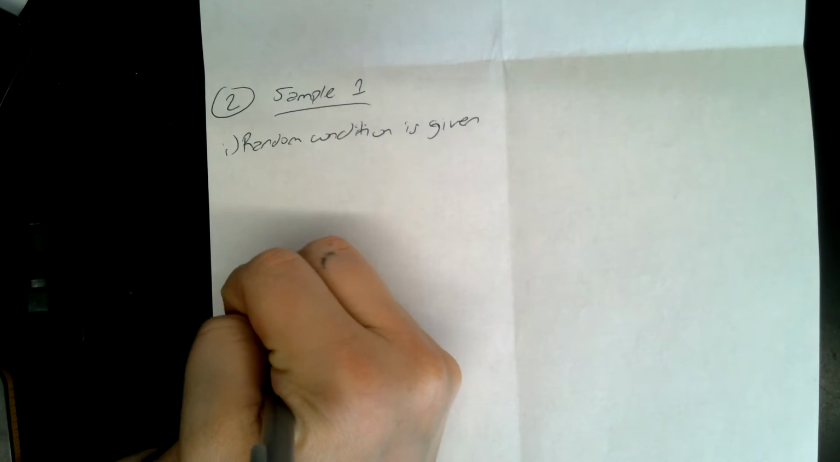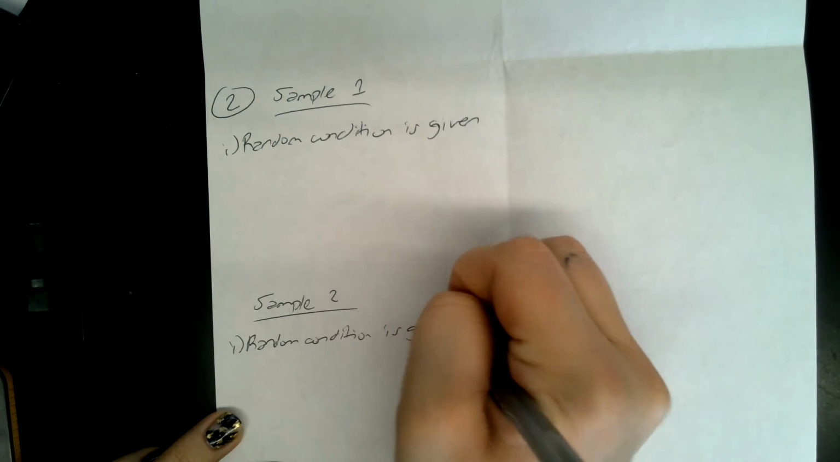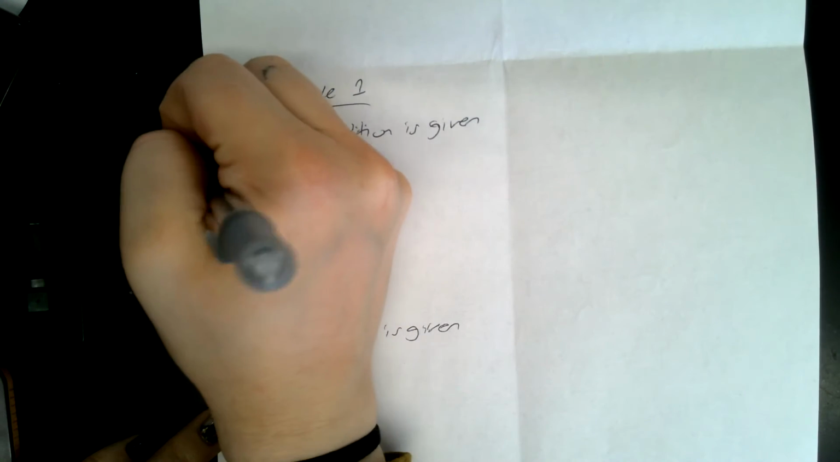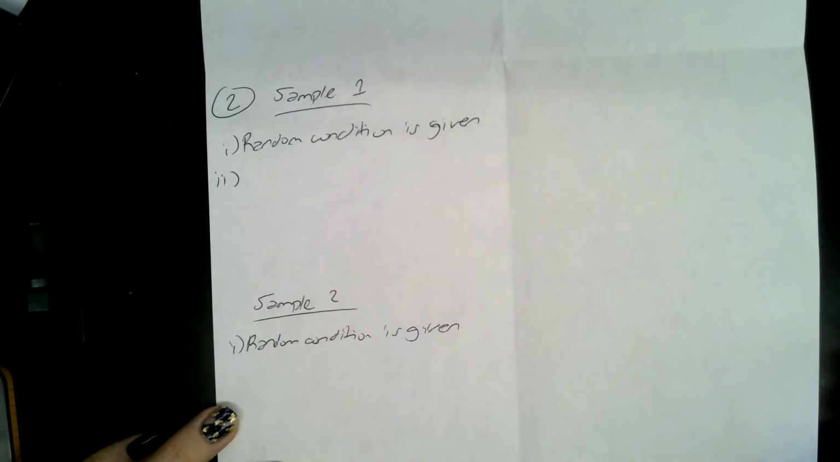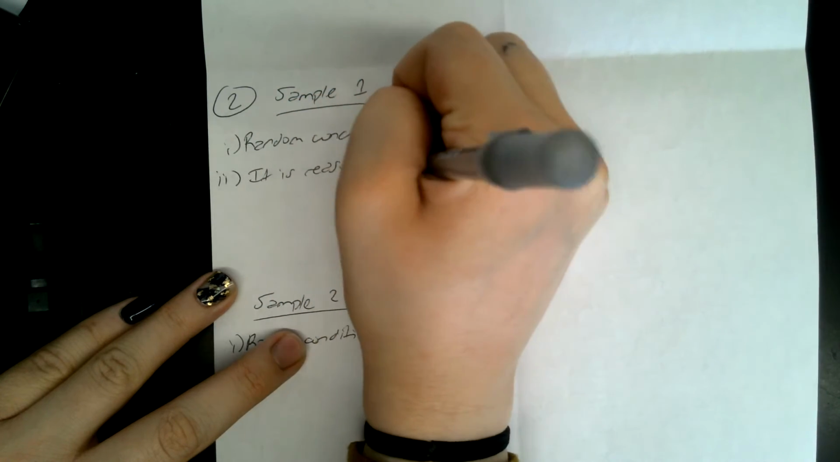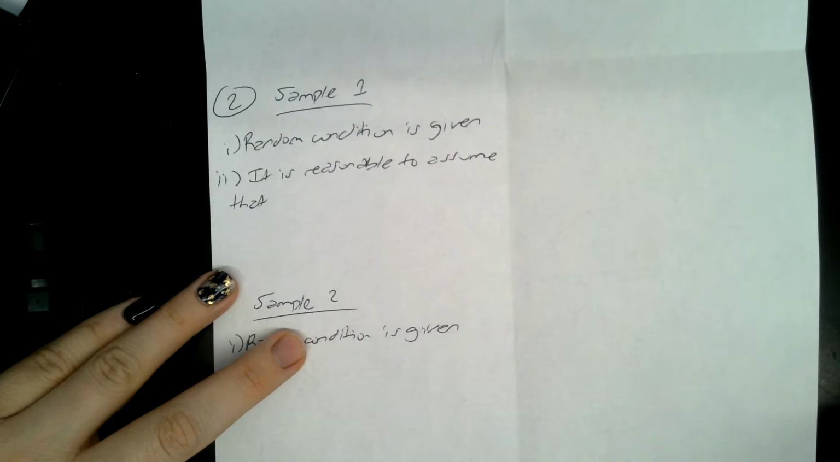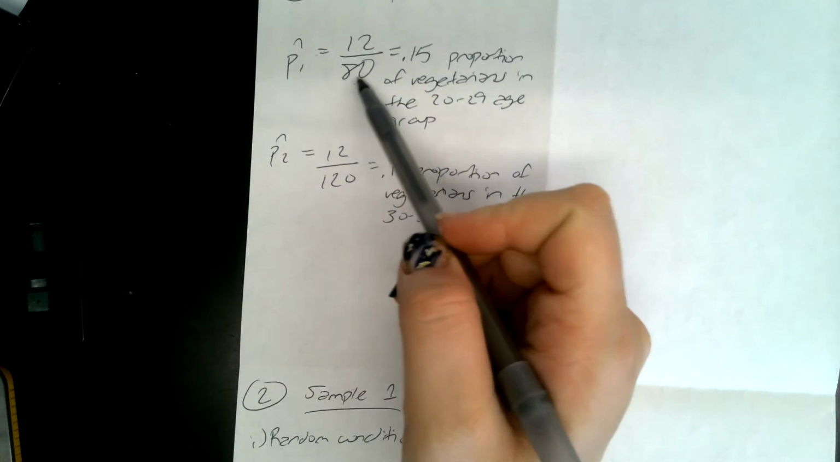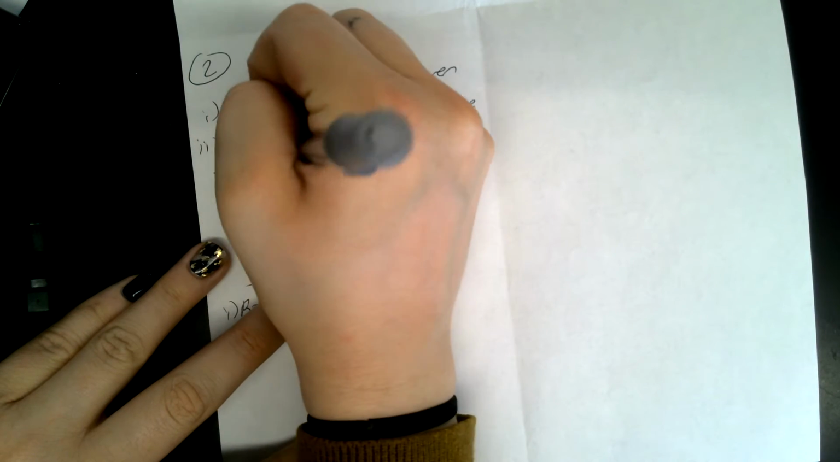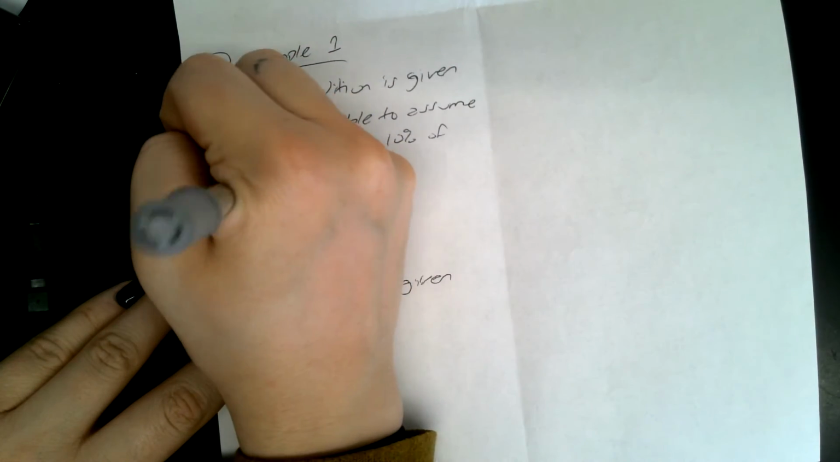Random condition is given. Then we need to satisfy number 2, the 10% condition. We're going to use that template that you see, that sentence with the fill in the blanks. So we're going to say it is reasonable to assume that we fill in this first blank with what our sample size is. So for sample 1, our sample size was 80. So I'm going to say 80 is less than 10% of the population